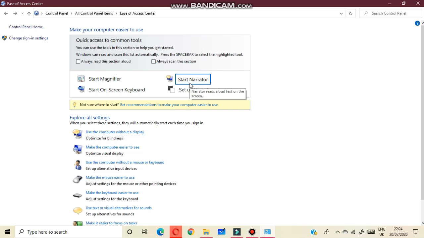Now, what will you do? You can change the voice using the select voice box, and increase or decrease the reading speed. Choose a number from the set speed drop down. Use the set volume drop down to make the voice louder or softer. Use the set pitch drop down to change the pitch of the voice. So now here I'm going to start the narrator.